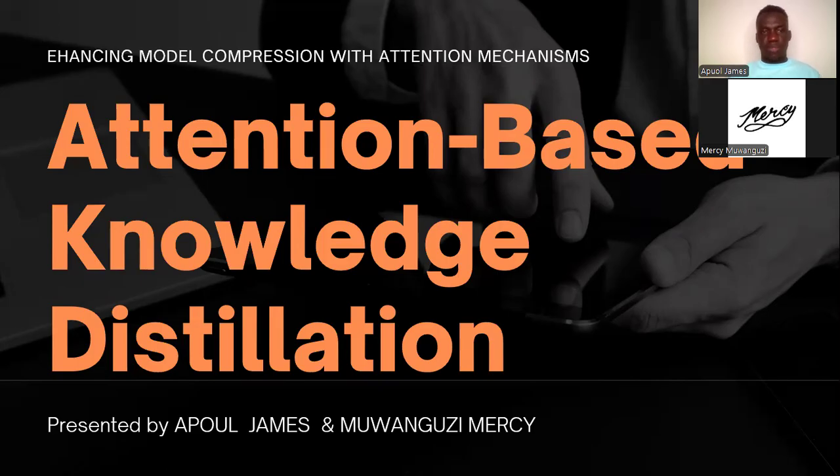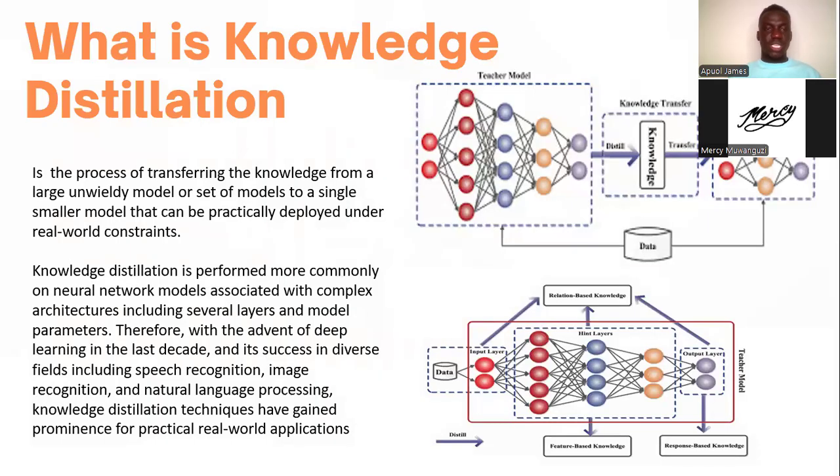First of all, before we talk of attention-based knowledge distillation, we must understand the knowledge distillation concept. So when we talk of knowledge distillation in general, knowledge distillation refers to the process of transferring the knowledge from a large unwieldy model or set of models to a single smaller model that can be practically deployed under real-world constraints. So knowledge distillation is performed more commonly on neural networks associated with complex architectures, including several layers and model